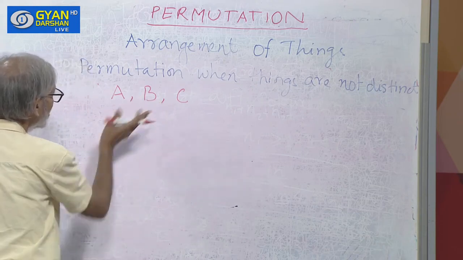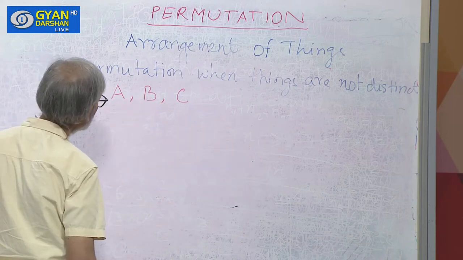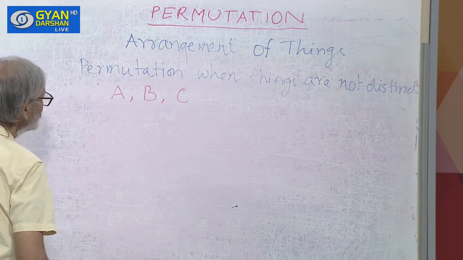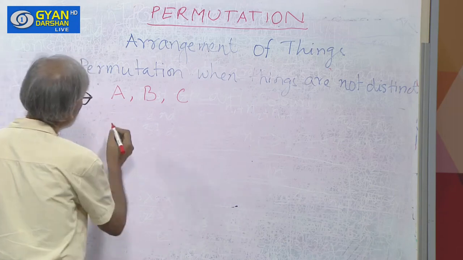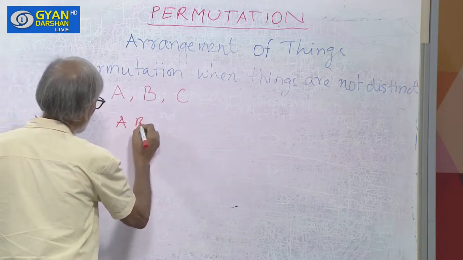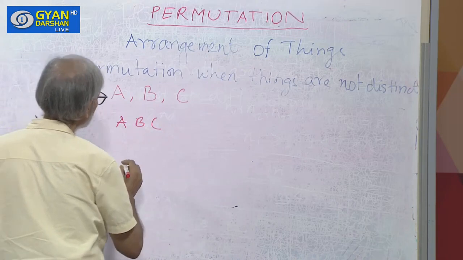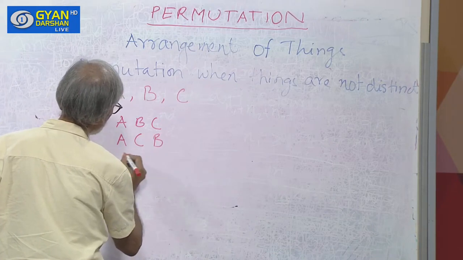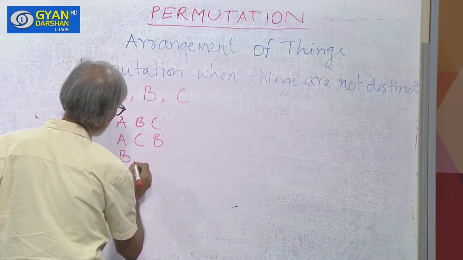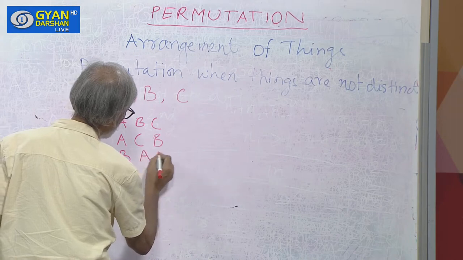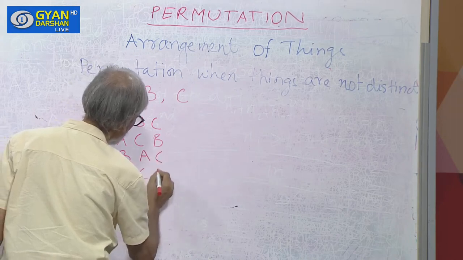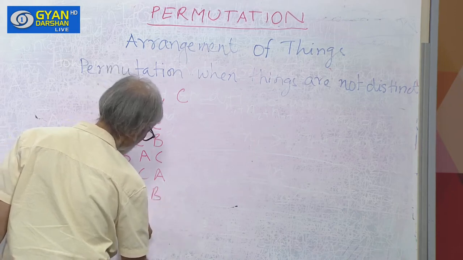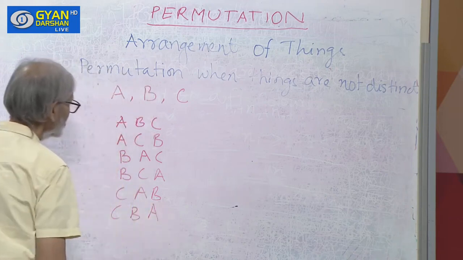So, if all distinct letters are allowed, then you know we have found out that it will be equal to A, B, C, then A, C, B, B, A, C, B, C, A, C, A, B, C, B, A. 6 permutations are possible,